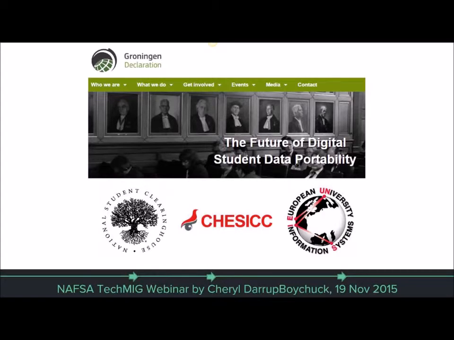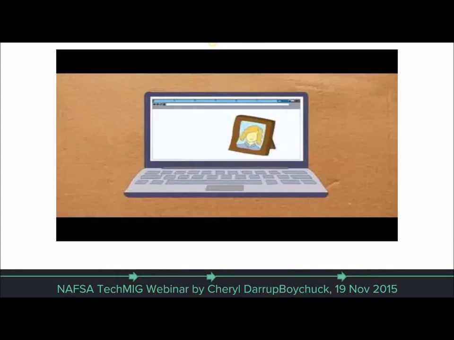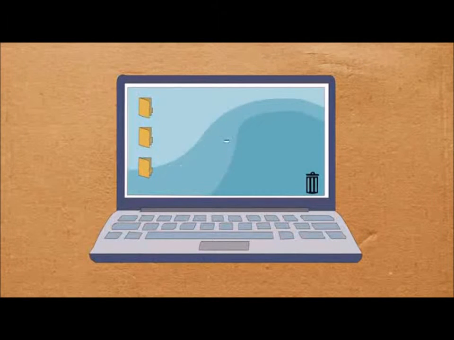So initially, central student data administration systems were invited to participate in Groningen. So you've got the National Student Clearinghouse in the U.S., CHESICC in China, UNIS from Europe, and others who have signed on to the declaration. So these are official bodies that can provide access to a citizen's aggregate educational data. And what I've learned is that most such depositories work with and on behalf of the educational institutions in an official capacity. So Groningen recognized the absence of a platform for international networking among these organizations, and they intend to fill that void.